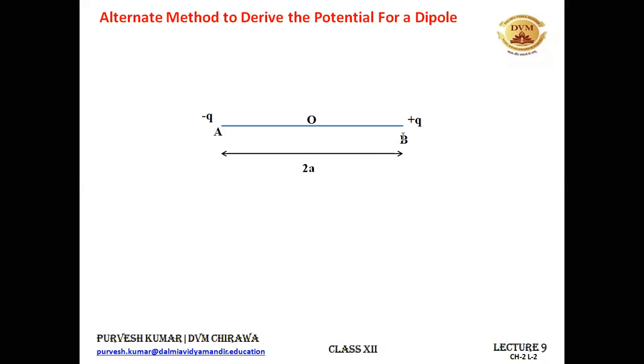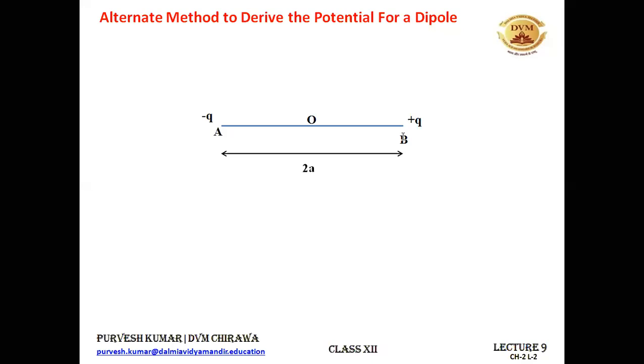So what if the question comes like this, that find the electric potential because of a dipole at an equatorial point. All right, see, the examiner wants only this thing, that you just need to find the electric potential because of a dipole at an equatorial point or at an axial point only. Okay, not at a general point. So you can approach the problem like this. It's a very simple one actually.